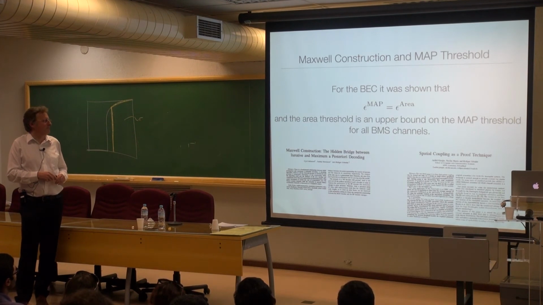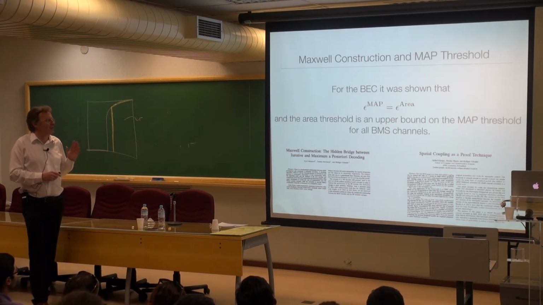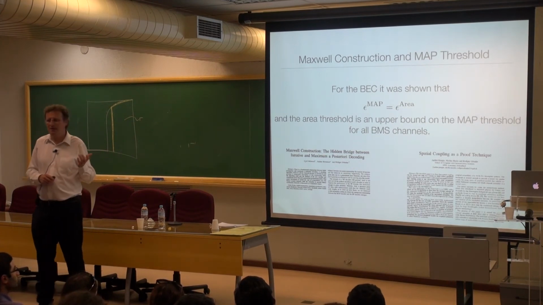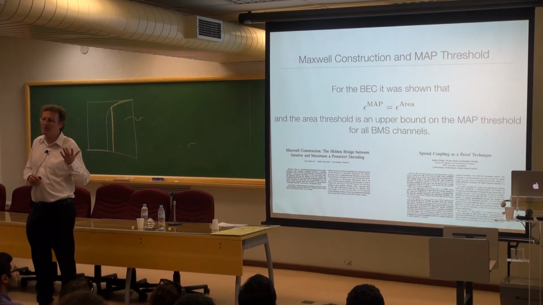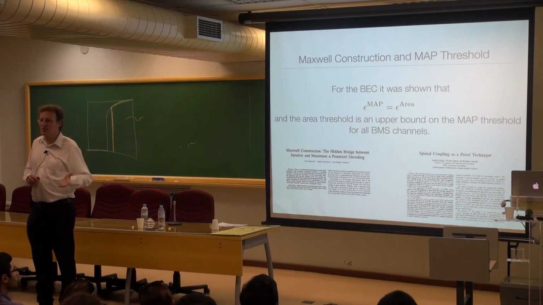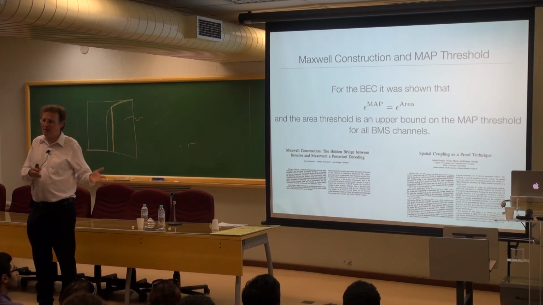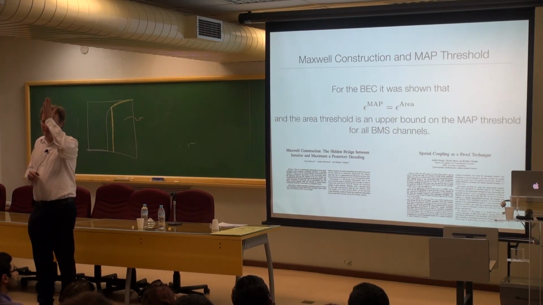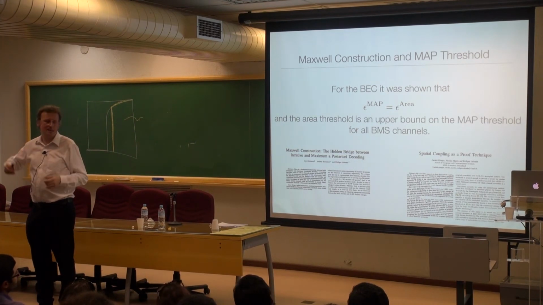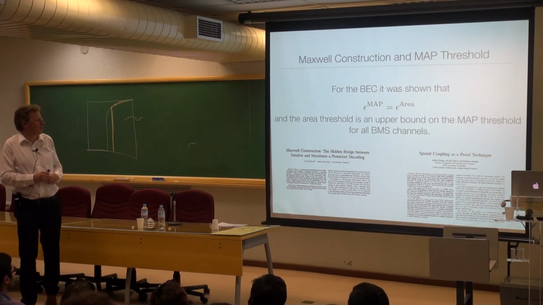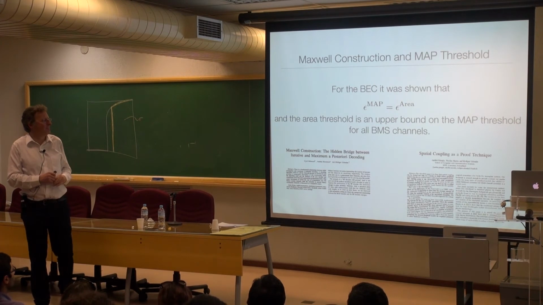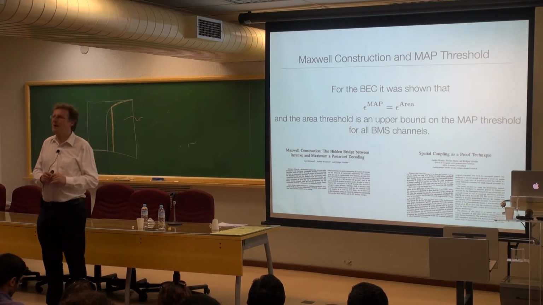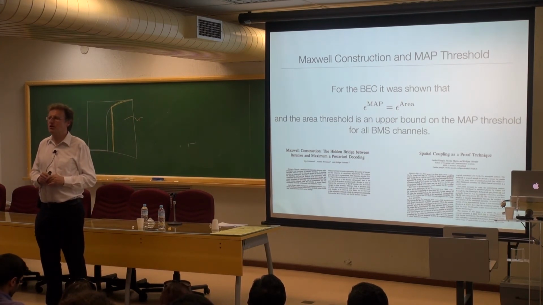And so indeed this is how we originally did it. And it turns out that, here's another nice thing about spatial coupling. You can't just use spatial coupling to prove things about the spatially coupled codes, but you can actually use it to prove things about the uncoupled one. So now that we know that this area threshold is equal to the decoding threshold for the spatially coupled code, with a few extra steps, you can actually show, and this was done